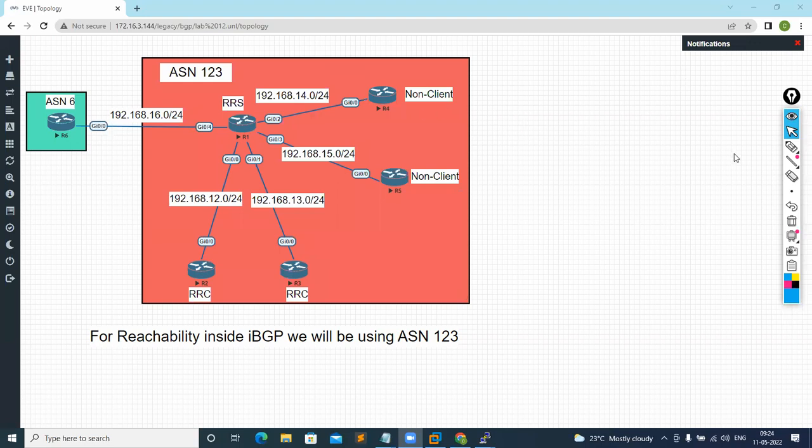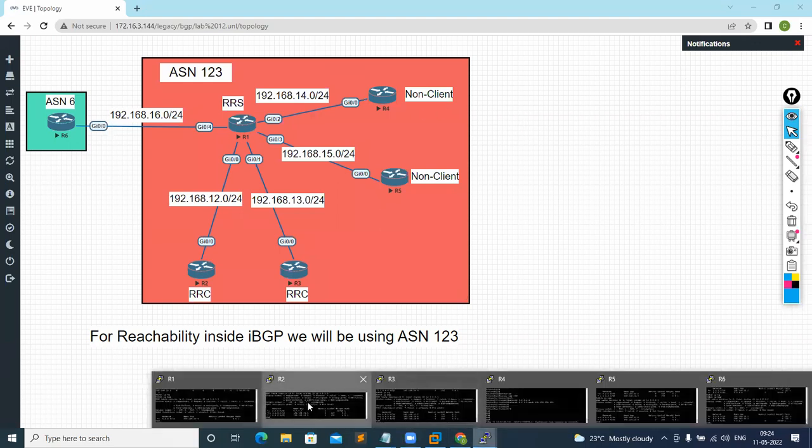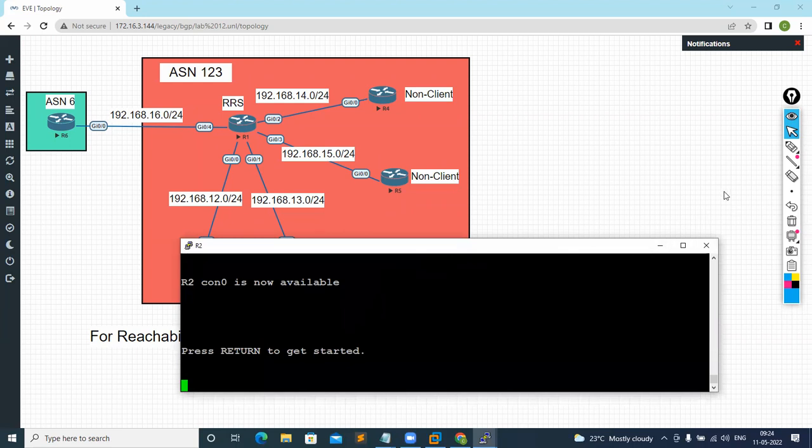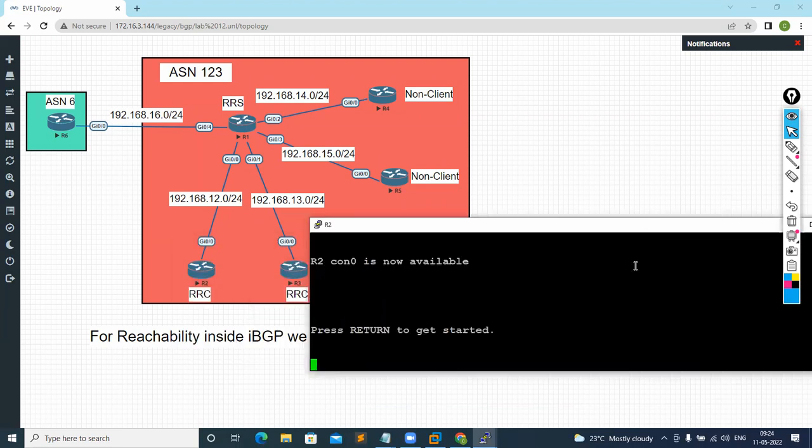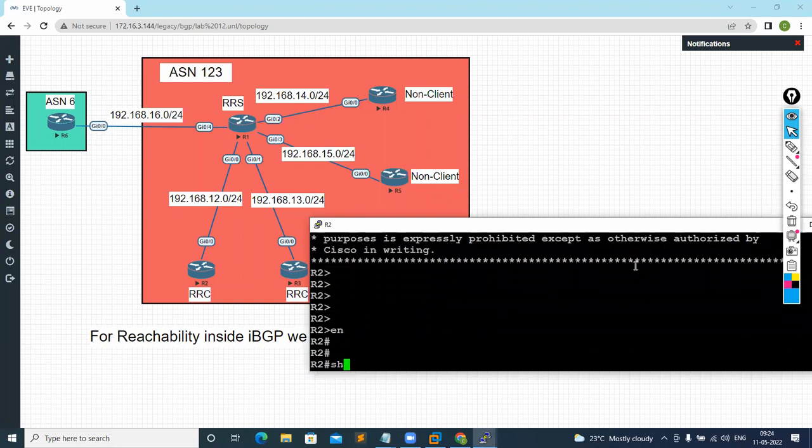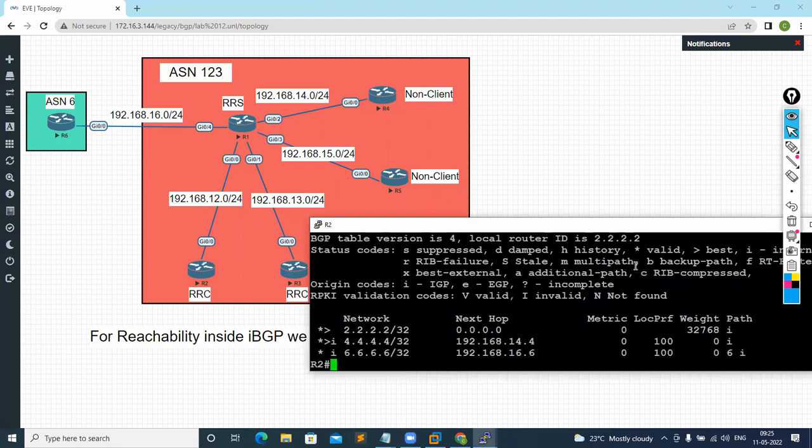Okay, guys. So now, one more problem with BGP. What is that problem? Now if you go to R2 and check the BGP table, show IP BGP. Now the problem here is the next hop. What is the next hop? 16 dot. But who should be my next hop? My next hop should be. So one problem with BGP is whenever any eBGP neighbor updates to